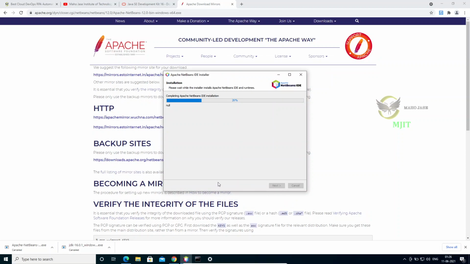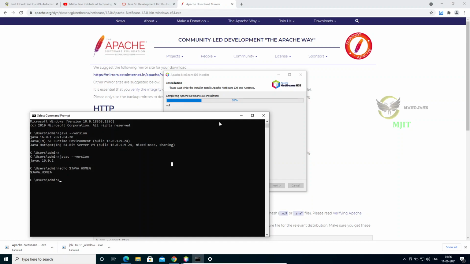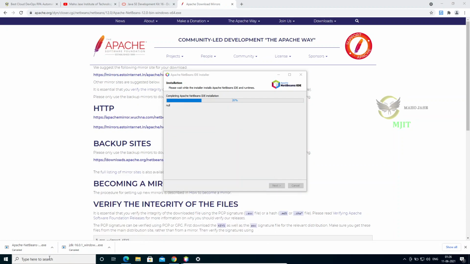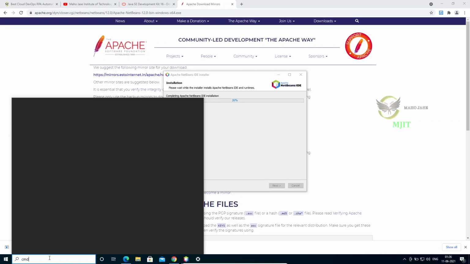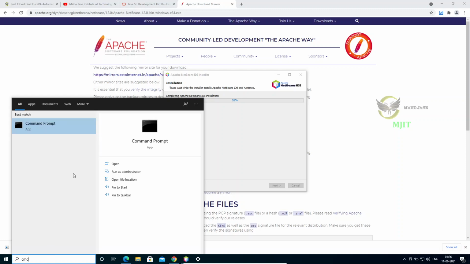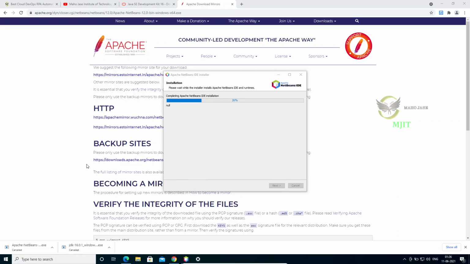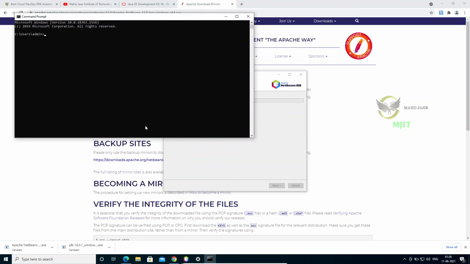Next, after you do it, you close the existing command prompt, open a new command prompt, and if you check now, your Java will be operating. java --version or javac --version. So both of these will give you the result.